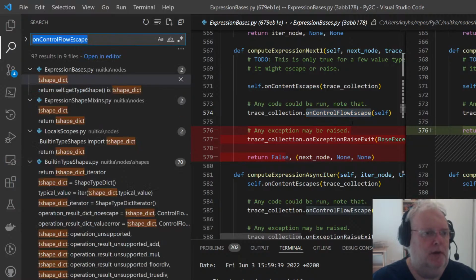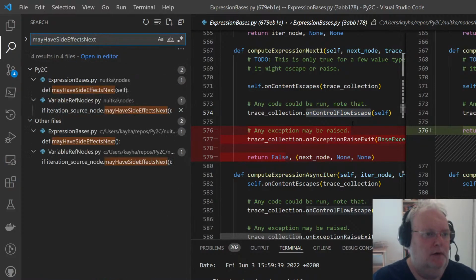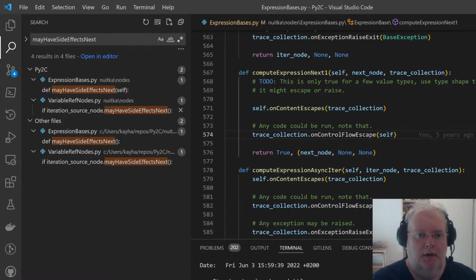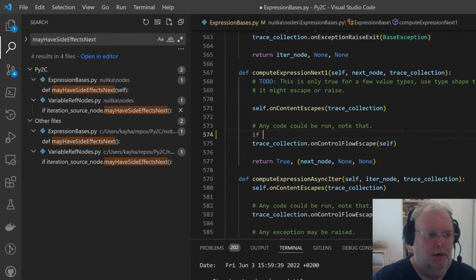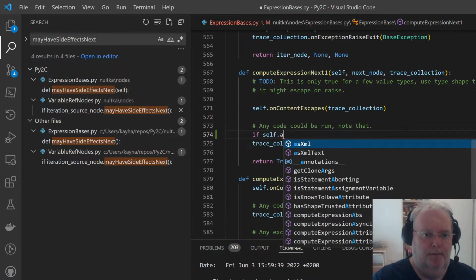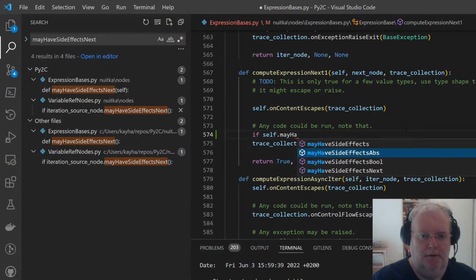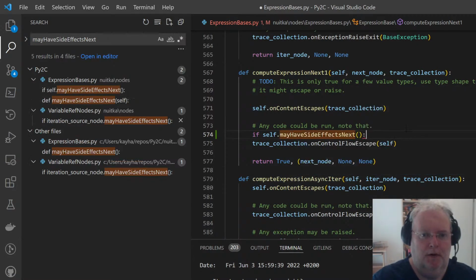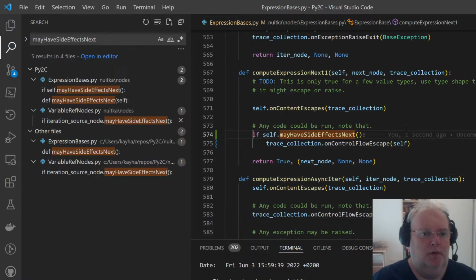Is this being used for may have side effects? Next. It's only used in one spot, but the generic spot could also use it. So if self may have side effect next, only in this case we want to do that.